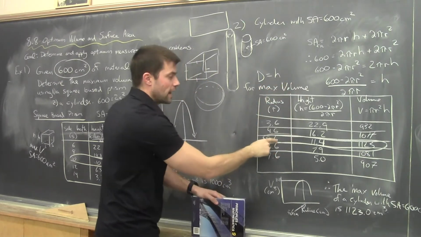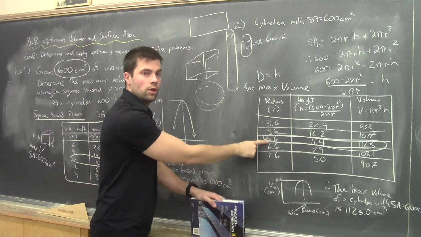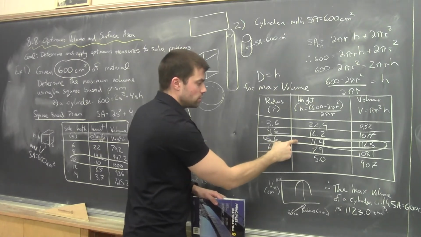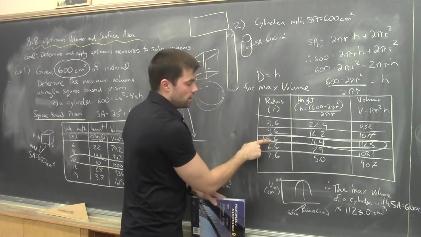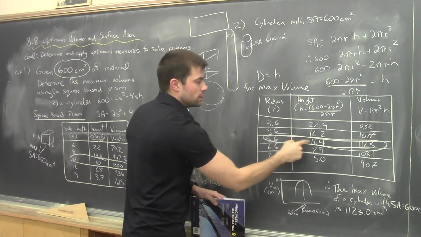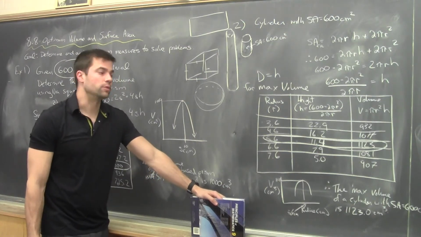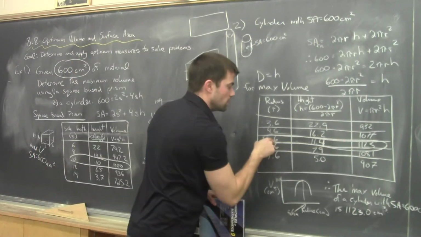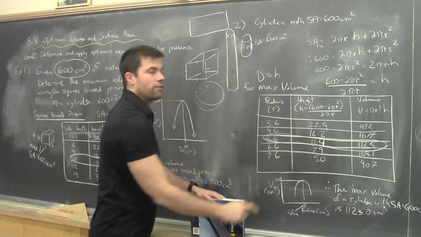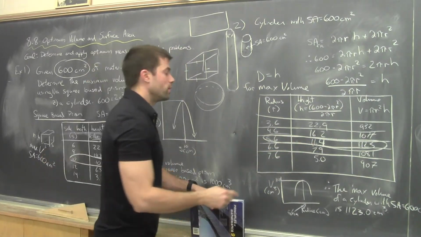Okay, and it's not exactly on, this gives you 11.2, but that's just to show you if you were to put in the actual height and radius to be exactly the same, you'd get a little bit more volume out of it. So that volume is not actually quite the max because the radius is not exactly half of the height. Which makes sense, right? If you draw it out, now